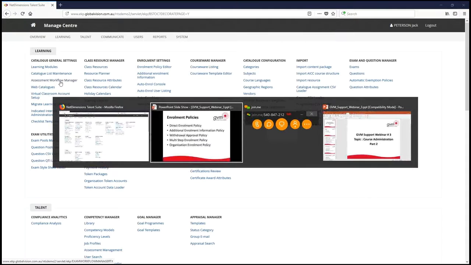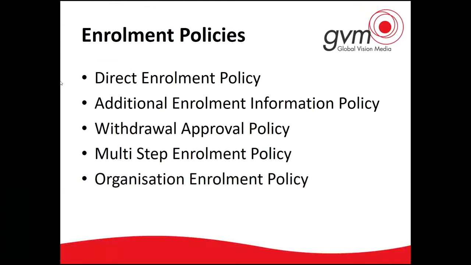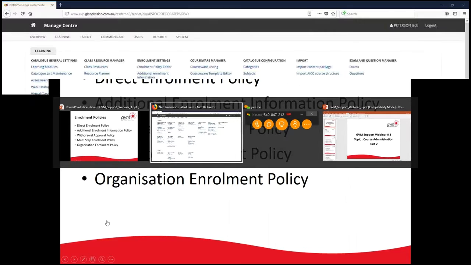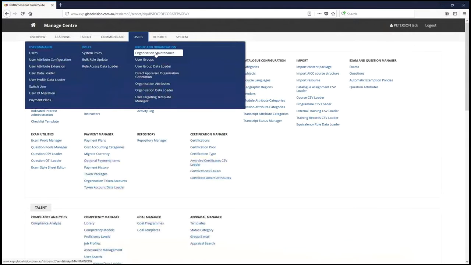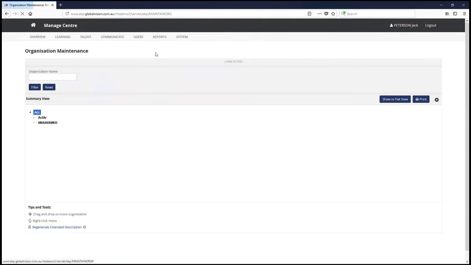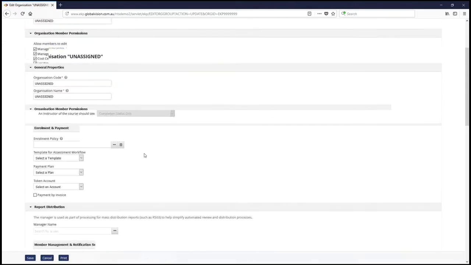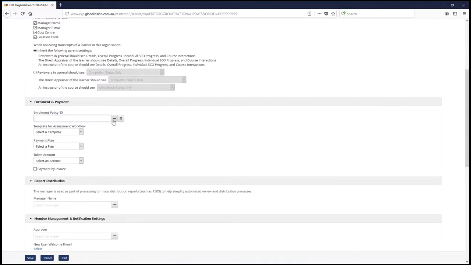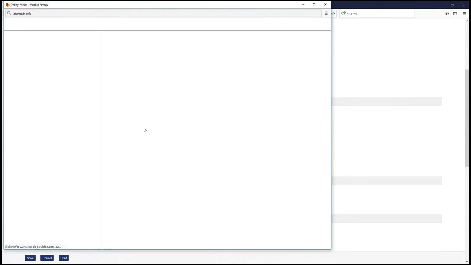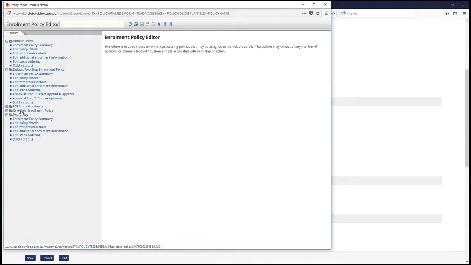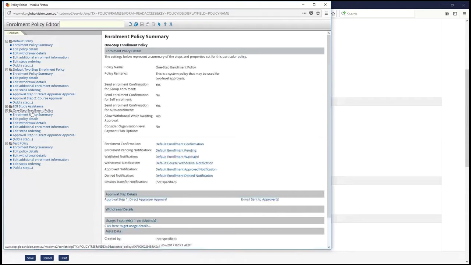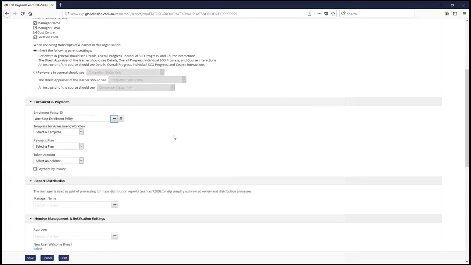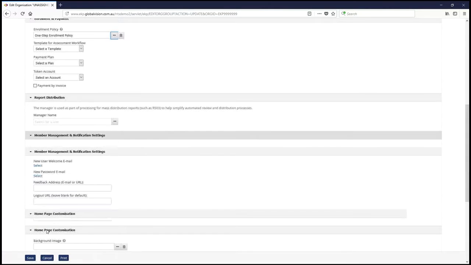Next, we will have a look at the organization enrollment policy. Organization enrollment policies are set under organization maintenance, and under the organization enrollments and payments over here. So if we put a one-step policy, let's say the one we created, as the organization policy for this organization,